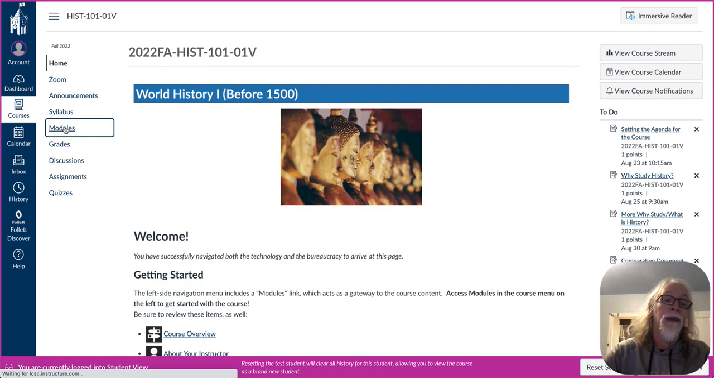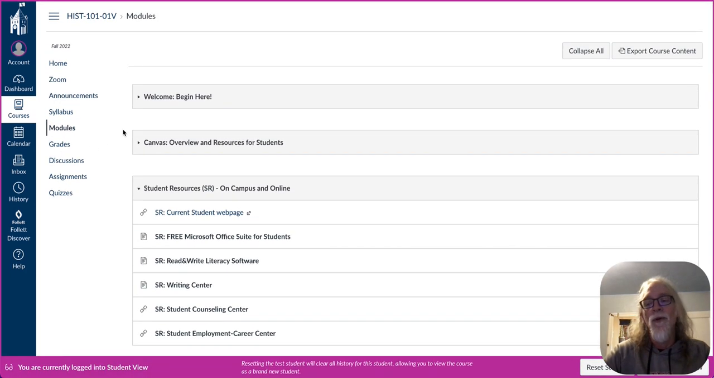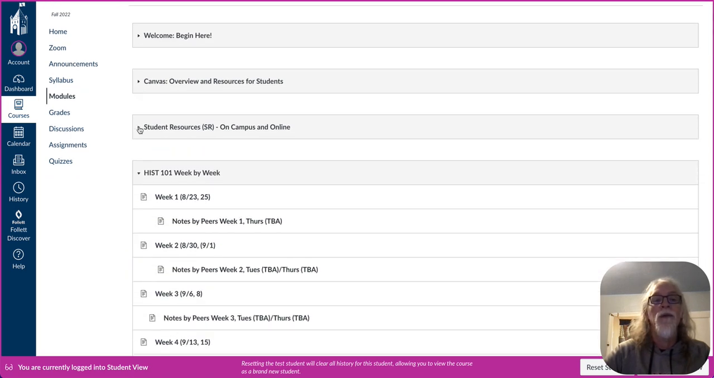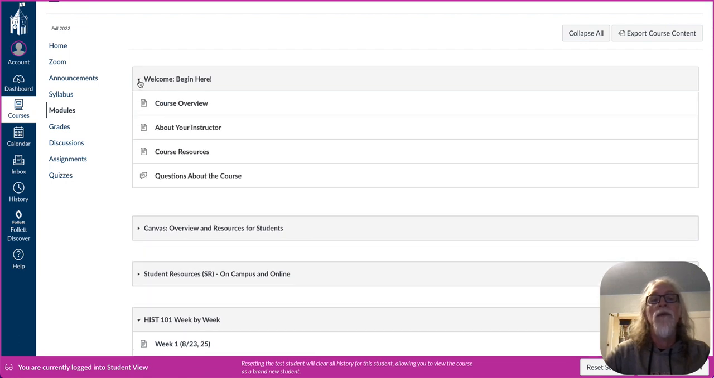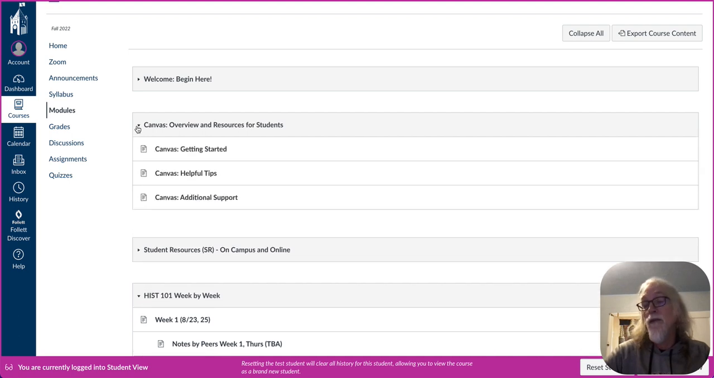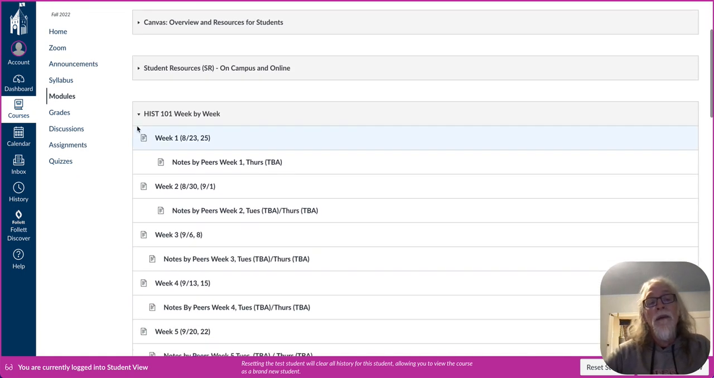Modules. Just folders for the class. All right, some of this stuff, the student resources, right? That's what we looked at before. If you've never done a Canvas class before, you should probably start with the Canvas overview. I know most of us by this time have done Canvas in high school or other college. And then here we've got History